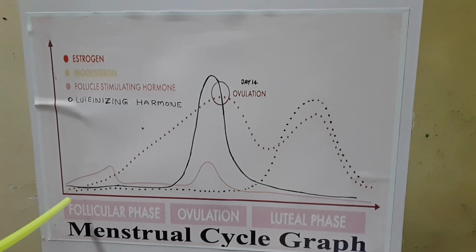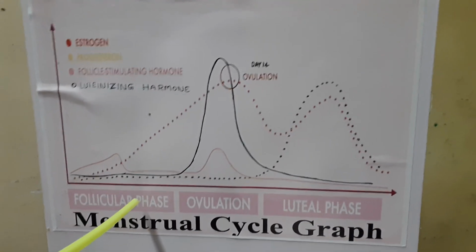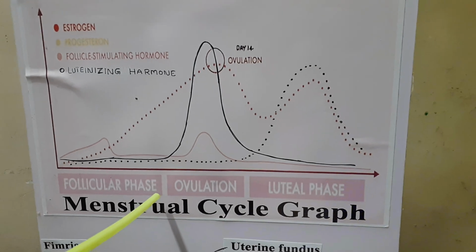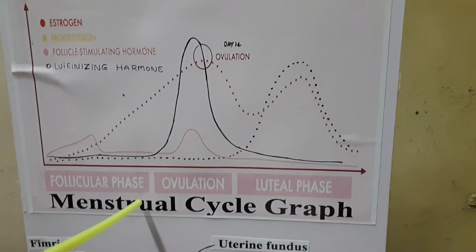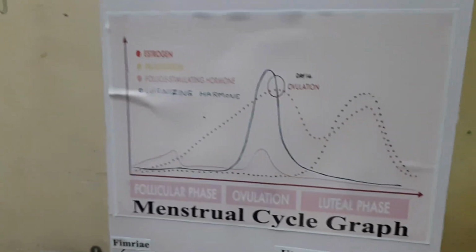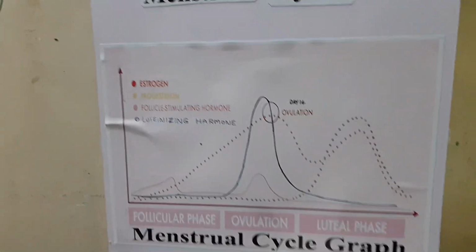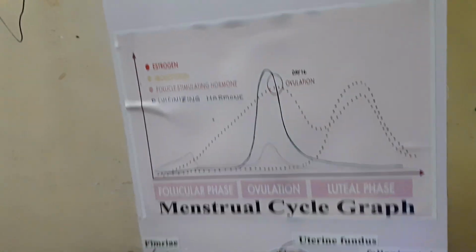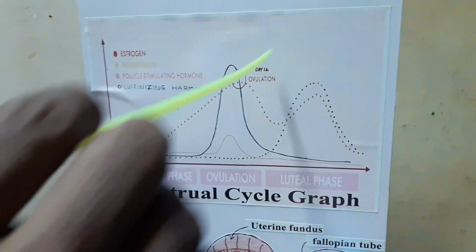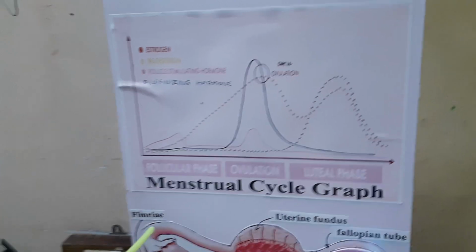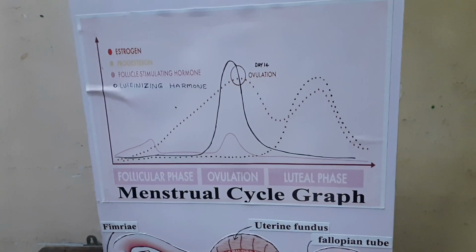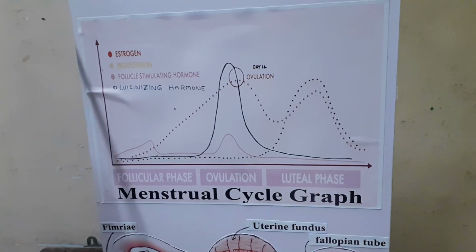Now coming to the first phase, the follicular phase. The menstrual cycle begins with the menstrual bleeding. When the follicular phase begins, levels of estrogen and progesterone are low. As a result, the top layer of the lining becomes thinner and sheds, and the menstrual bleeding occurs around this time. The pituitary gland in the brain starts sending follicle stimulating hormone to the ovaries,